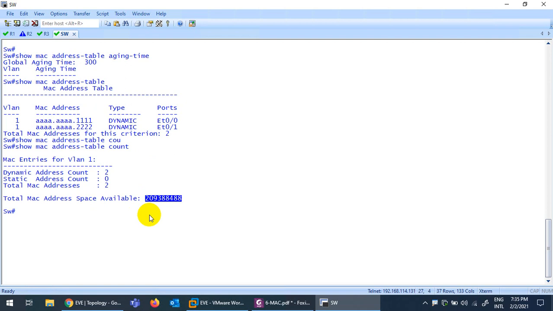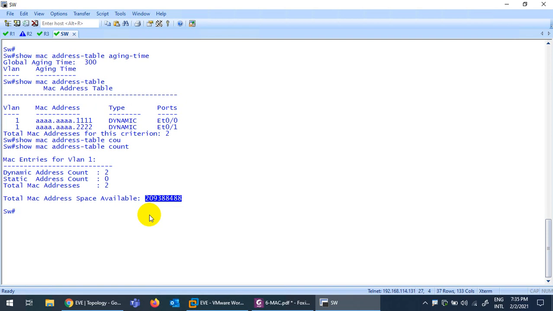But a time will reach, if they don't wash out, if aging time is not there, that the MAC address table will be full. And now every packet will be broadcast. It will become like a hub.